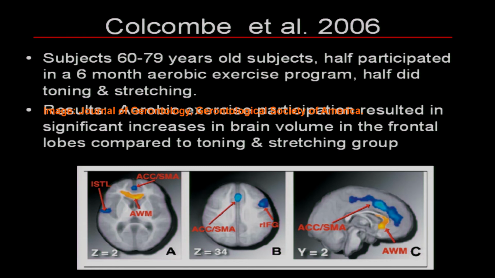And what they found is aerobic exercise participation resulted in significant increases in brain volume in the frontal lobes compared to the toning and stretching groups. Okay? Now, I'll add to this a paper that was just published about 2 months ago,